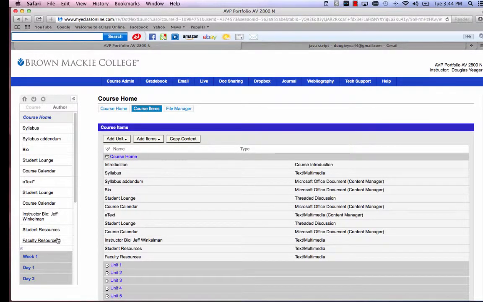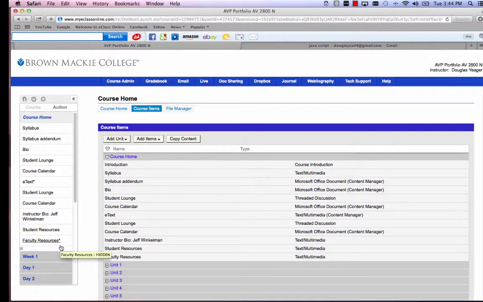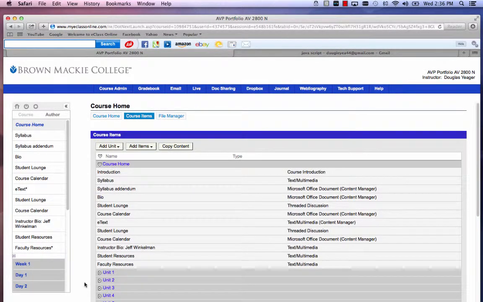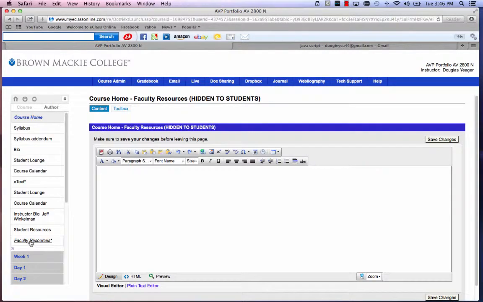The Faculty Resources item will appear at the bottom of the Course Home. You know it's hidden from the students because of this asterisk that is behind the Faculty Resources. If you do not have an asterisk, you can go back into the toolbox and click on the Hide from Students button. Just like we did with Student Resources, we're going to click on the Faculty Resources item and we